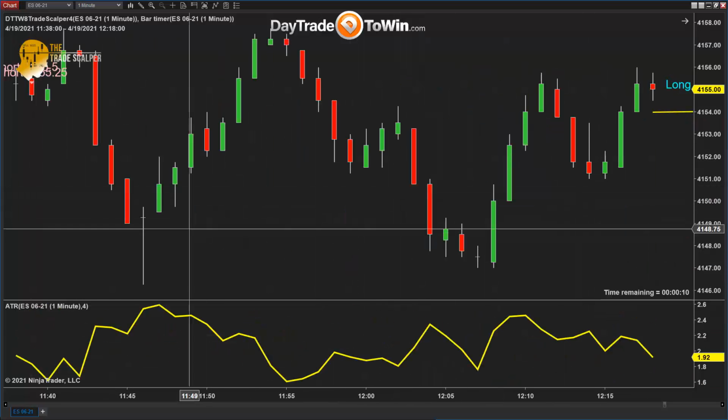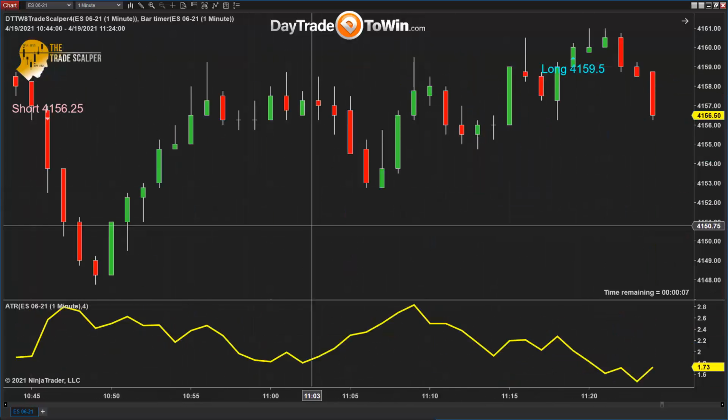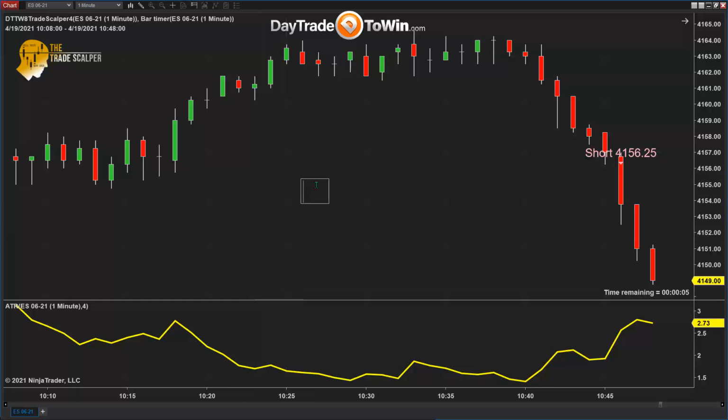The 3 stops that I like to use are as follows. They are a time-based stop, so something based on time. The longer you hold on to a trade, the worse off you are. I also like to use a hard stop, or, well, I consider it a catastrophic stop, where it's a catastrophe, it all goes wrong, get out of the trade, a hard stop. And then you also have a pivotal stop